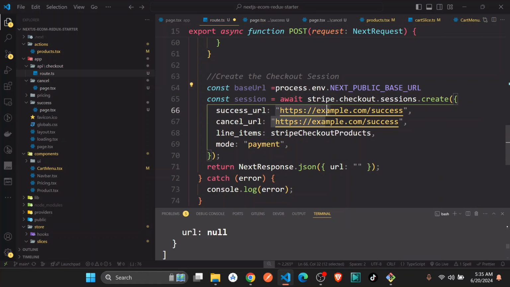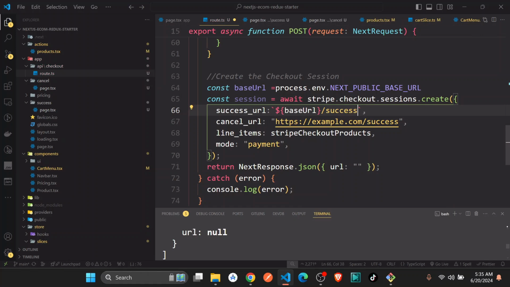And then we can just use it here. I'm just going to start with dollar baseURL and then slash